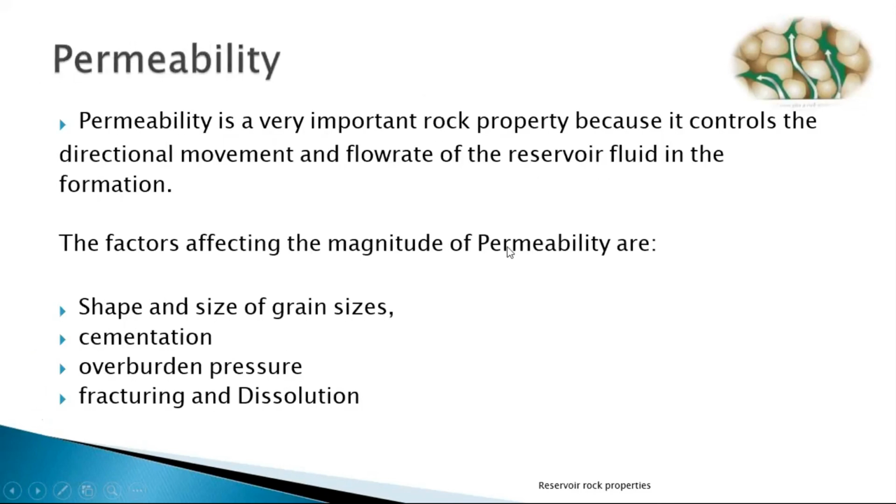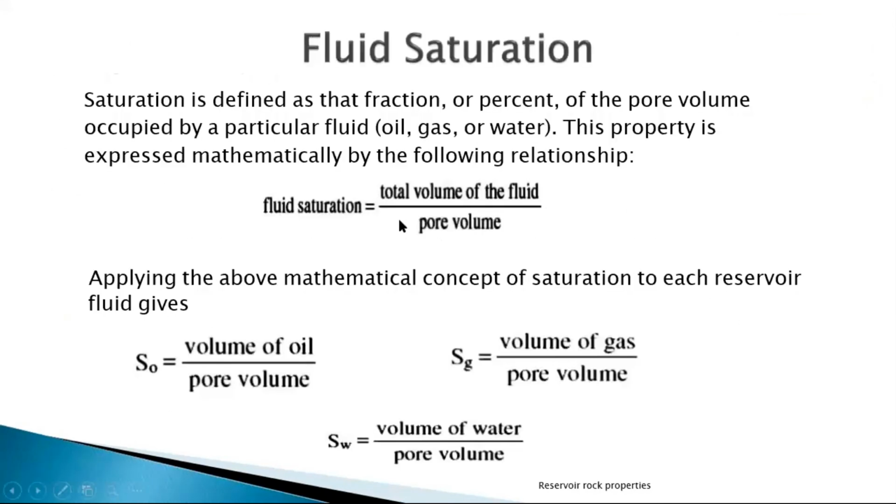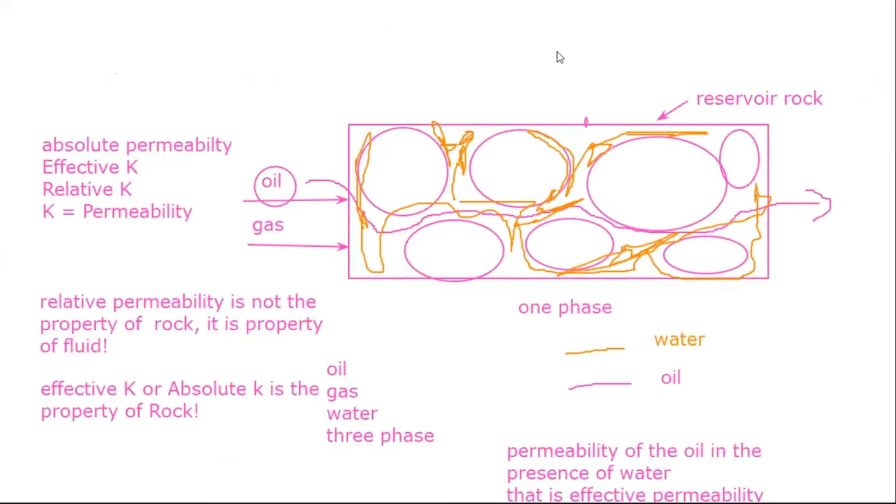Permeability definitely depends on some factors: shape and size, fluid density, saturation, overburden pressure, and fracturing and dissolution. All these affect the permeability. Permeability is also in three directions, X direction, Y direction, and Z direction. Then the third one is the fluid saturation. As I said, we have three phases: oil, gas,